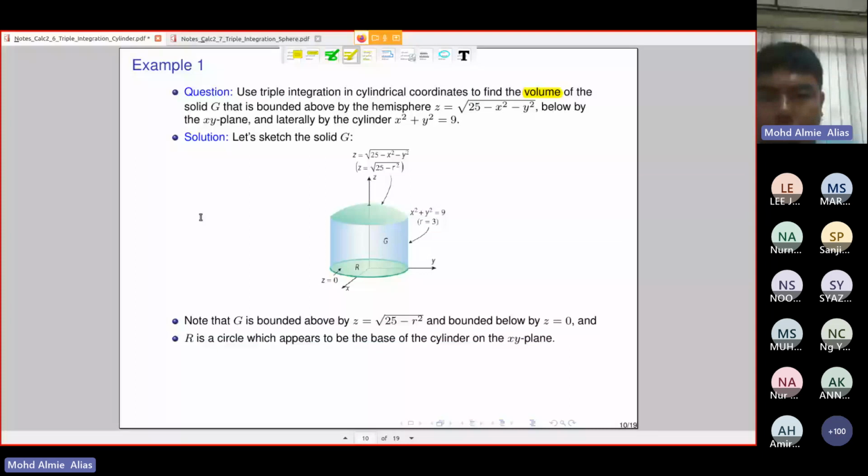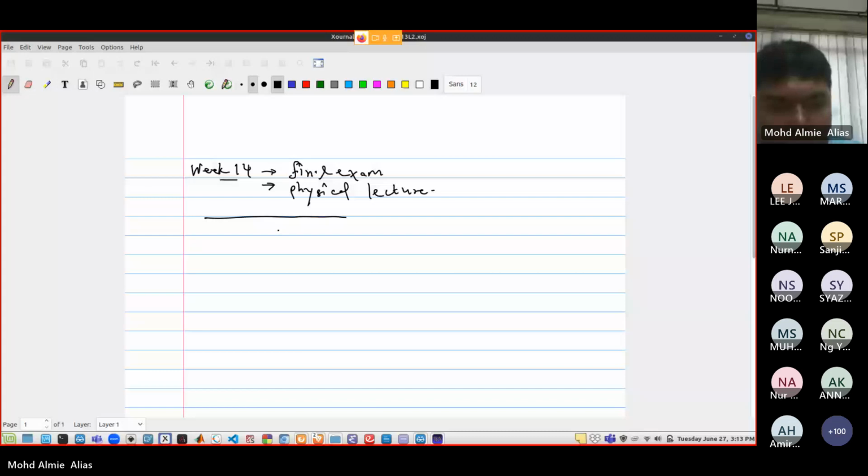Okay, let's say you are given this and you are asked to find the volume using double integration or double integral. So here, if you do double integration in polar coordinates, okay, so the volume